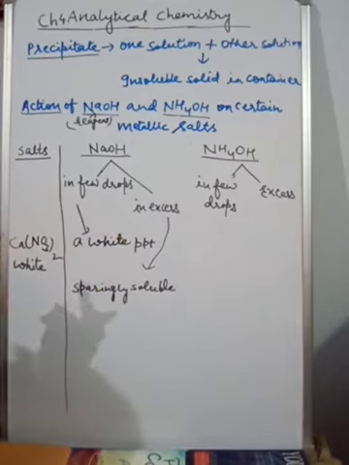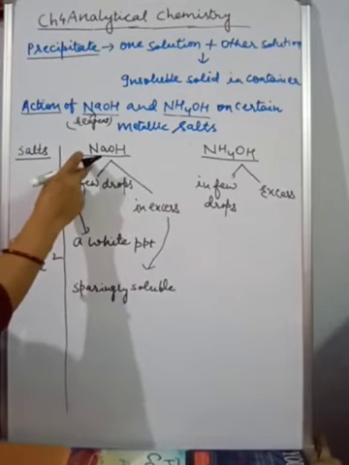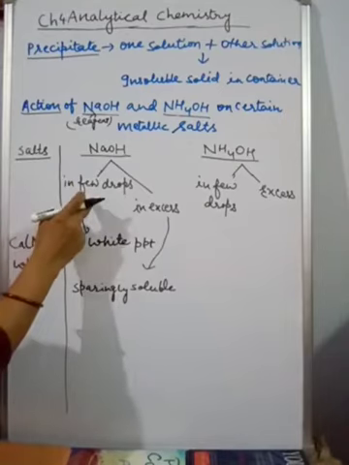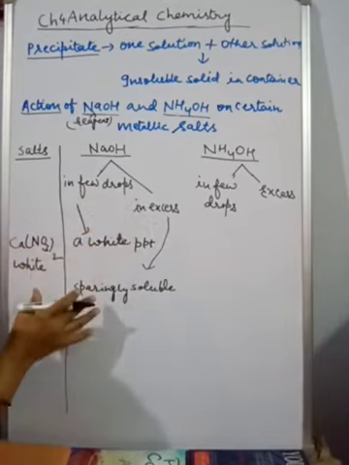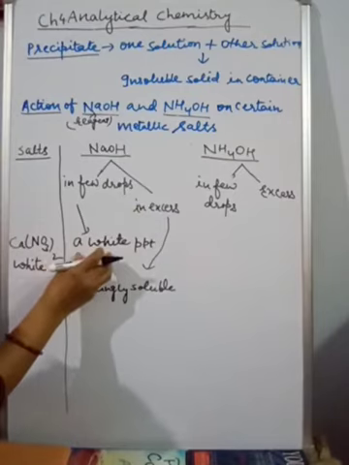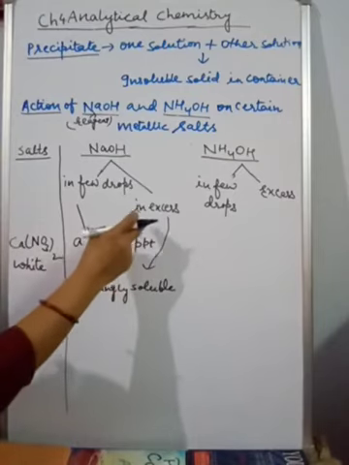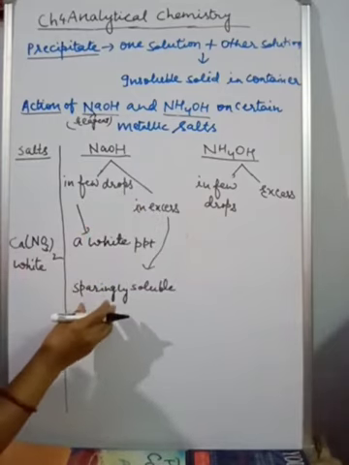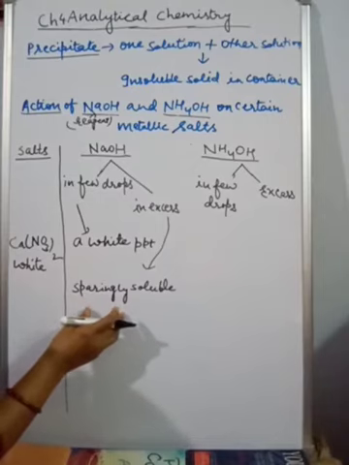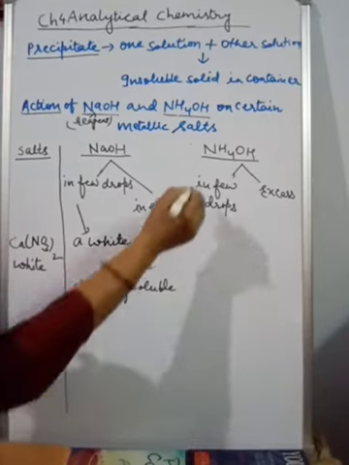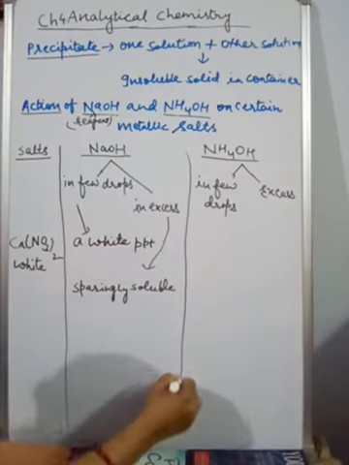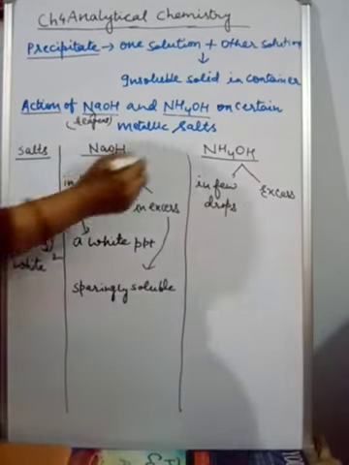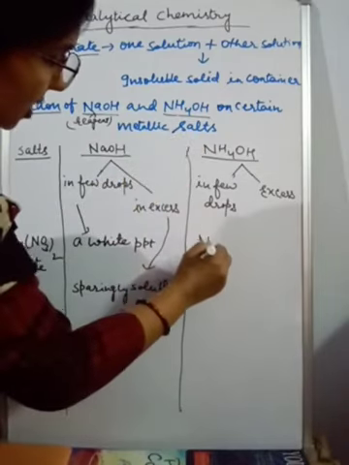So children, what happens when sodium hydroxide is added to calcium nitrate solution? First in few drops, then in excess. Both the answers you get here. First part, a white PPT is observed, and when excess of NaOH is added to calcium nitrate solution, it gets dissolved but only a little bit, that is, sparingly soluble. Now the same point we will discuss regarding ammonium hydroxide. Here, children, no observation because no precipitate gets formed.